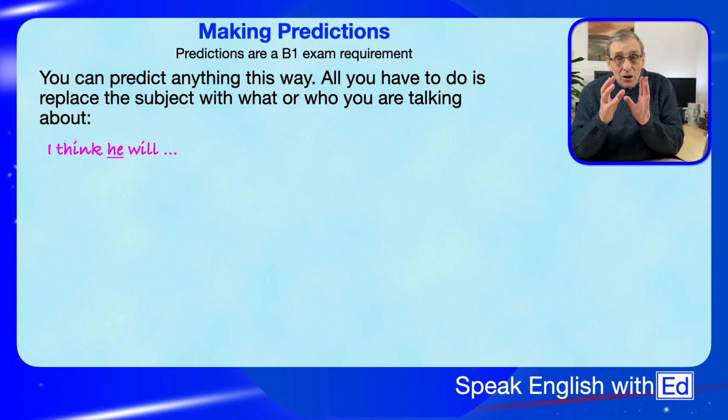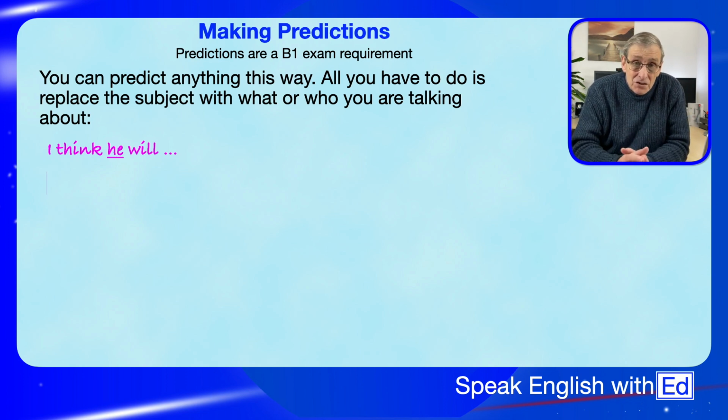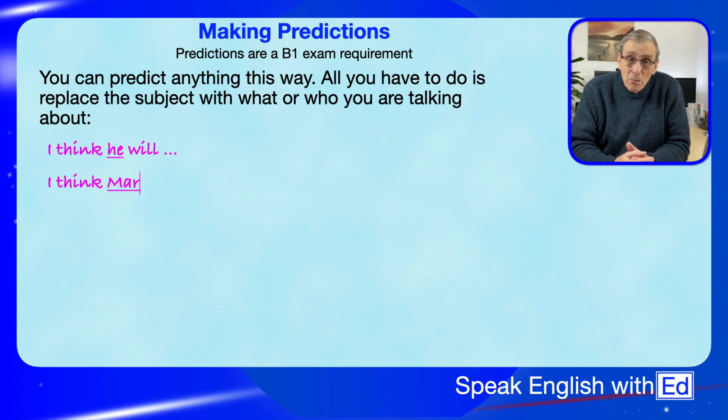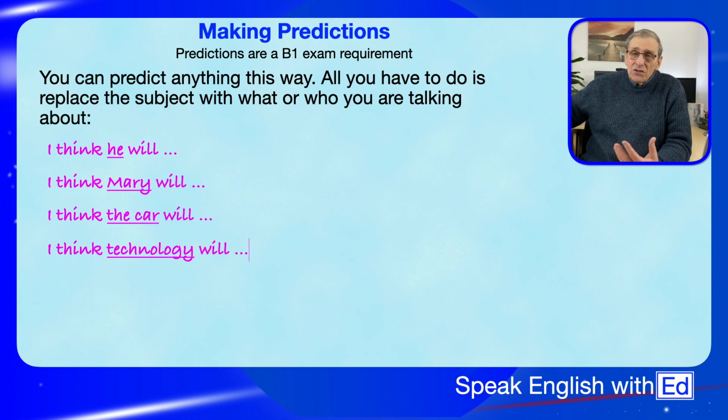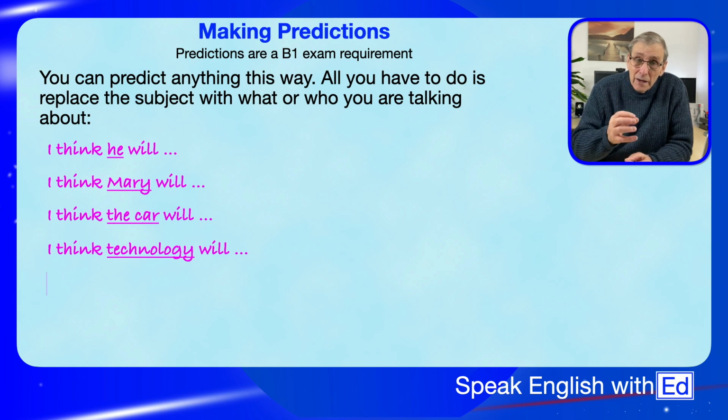If you're talking about a specific person and you haven't mentioned who that person is, you can mention their name. So you can say, I think Mary will. You're mentioning her name, telling the person, I think Mary will, and you're making your prediction. You can have technology. I think technology will change at such an amazing rate. Technology is an abstract noun, so your noun doesn't have to be a pure object or a thing. It can be an abstract noun as well. The weather, that's an abstract noun. You can't touch the weather. You can feel the snow, you can feel the cold, but you cannot touch the weather.